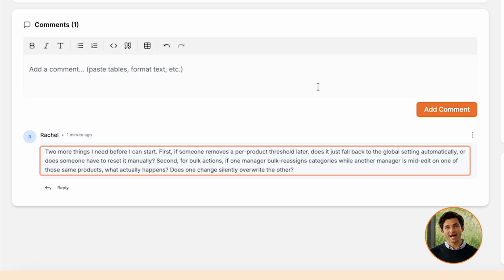"Second, for bulk actions. If one manager bulk reassigns categories while another manager is mid-edit on one of those same products, what actually happens? Does one change silently overwrite the other?" Two sharp follow-up questions. Exactly the kind of thing that surfaces once a developer actually starts mapping out the edge